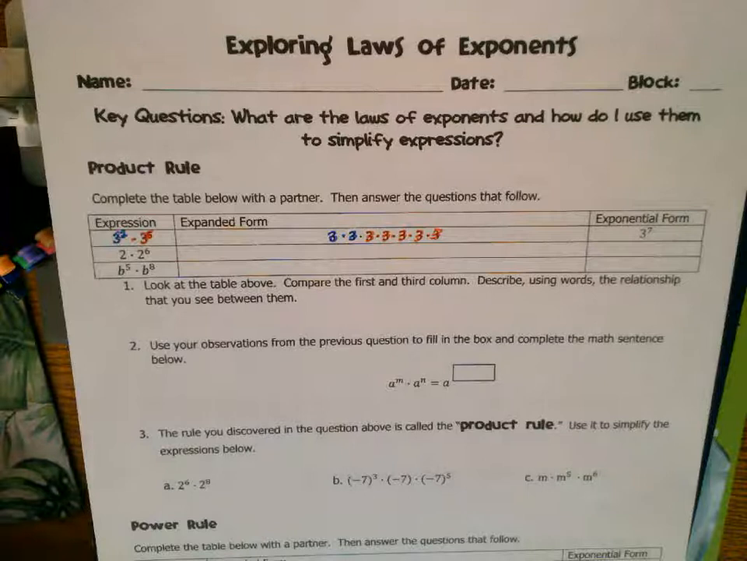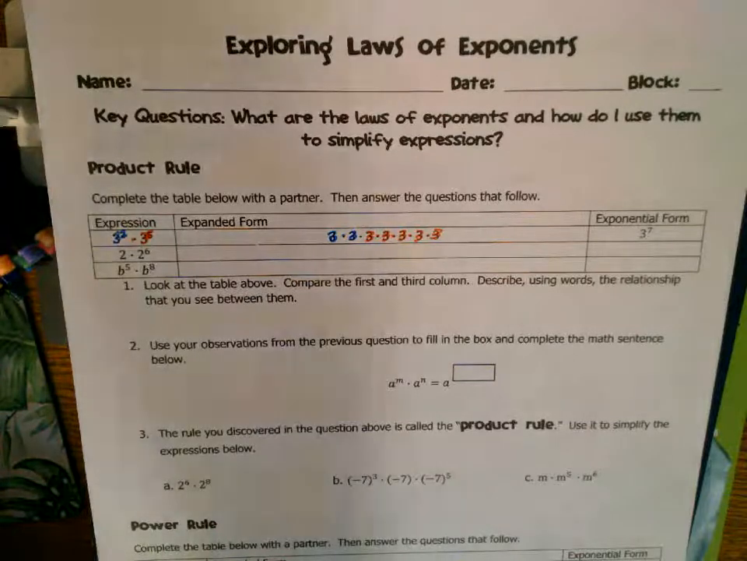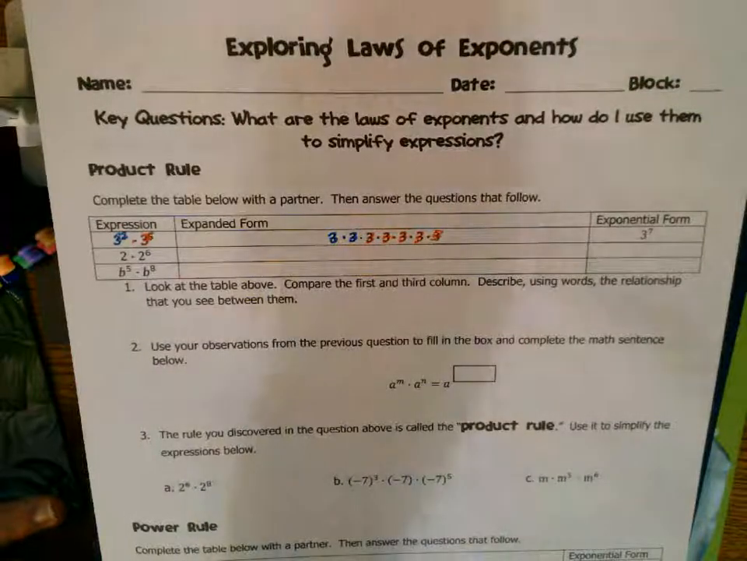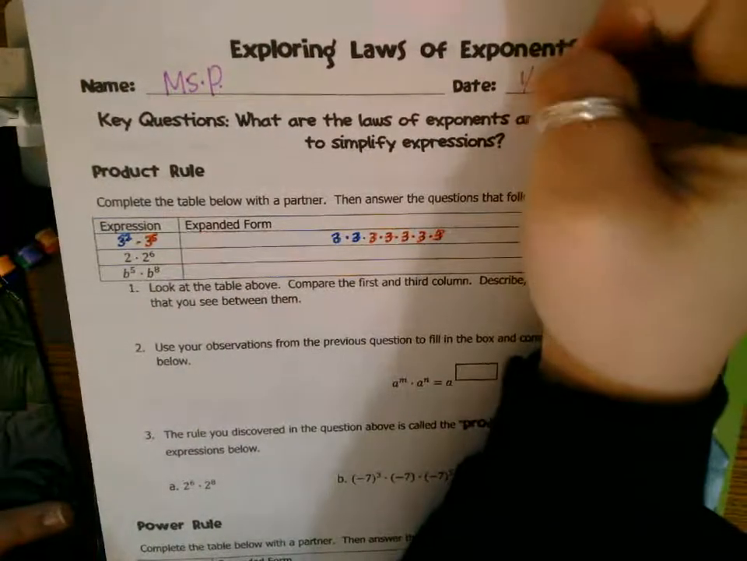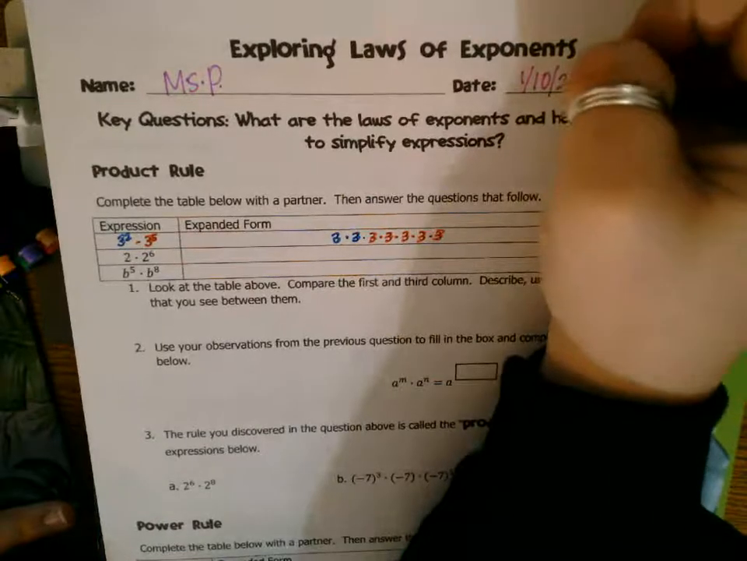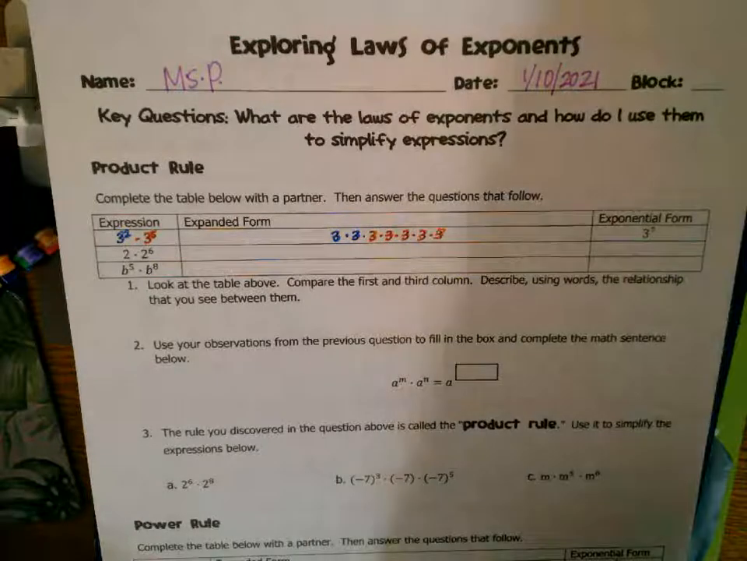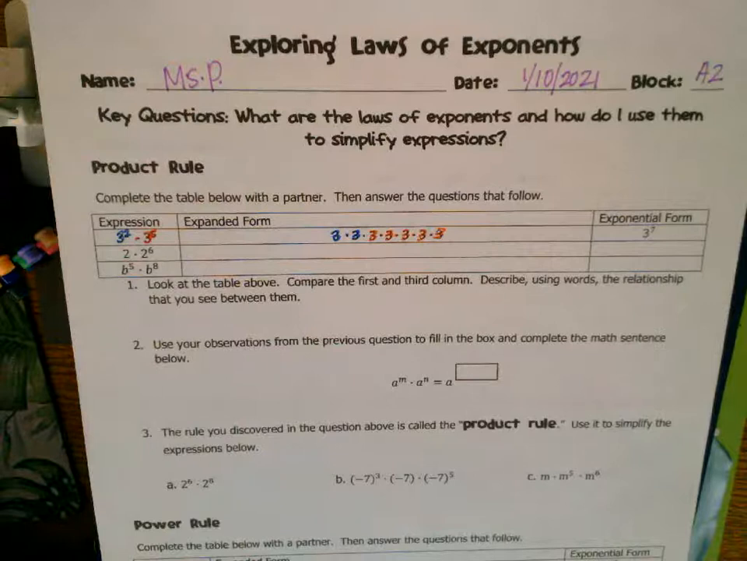So you'll notice it says Exploring Laws of Exponents up at the top. There's an option for your name, date, and period or block that you're in. I refer to it as period number, but for example, my name is Ms. P. Today is 11/10/2021. You will be seeing this on the 11th though. And I'm just going to write Algebra 2 for the block. I also have this for multiple classes. So